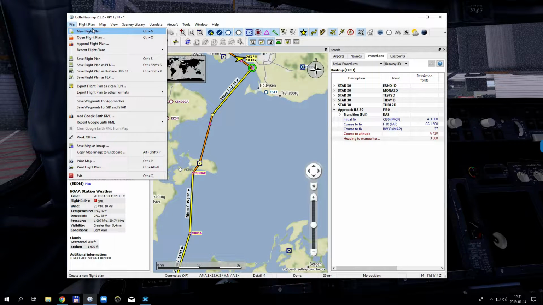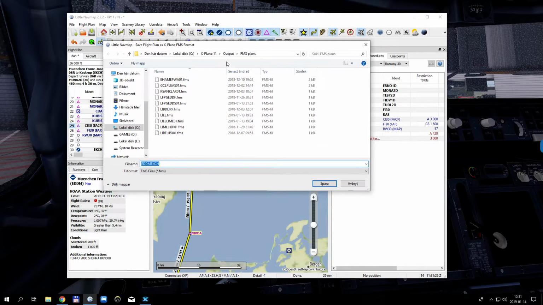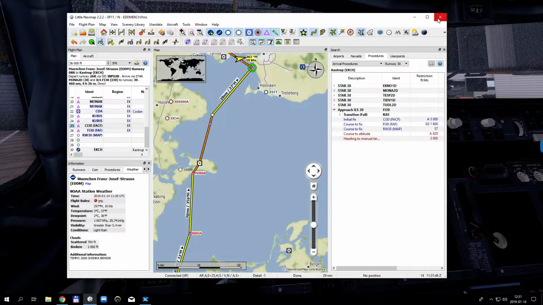Otherwise you can save it in Simbrief, or here, save flight plan as X-plane FMS. So we can do it like that. Here we have X-plane 11 output FMS plans, EDM, EKCH, Echo Kilo Charlie Hotel. So we're gonna test this one, and then you have the map and everything, and then you can